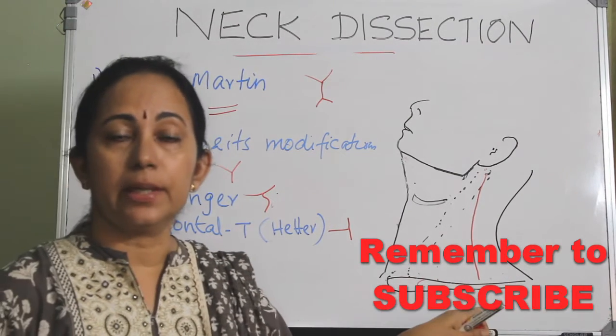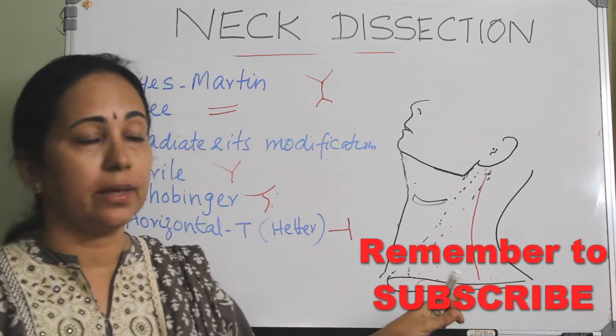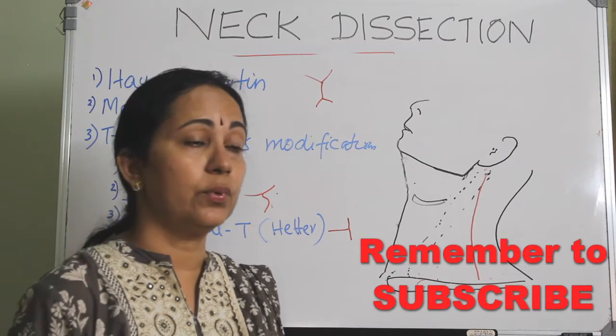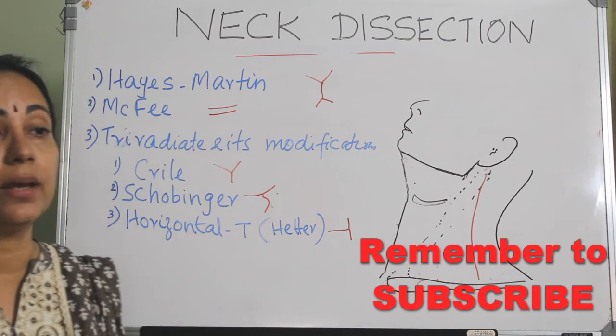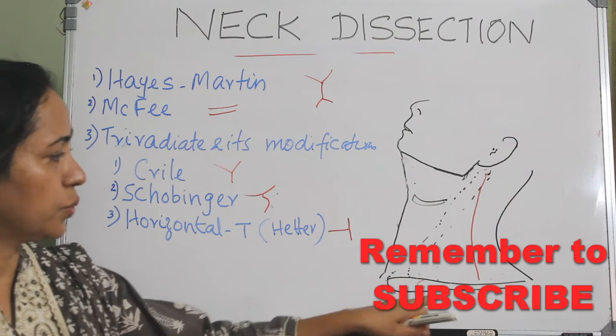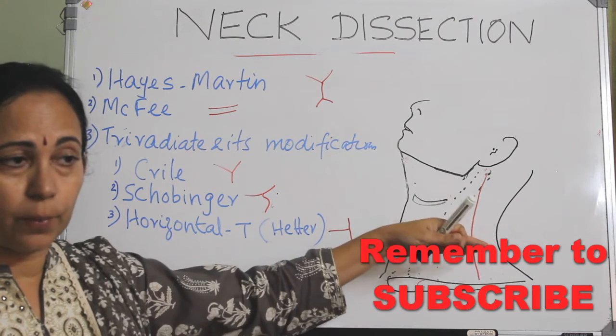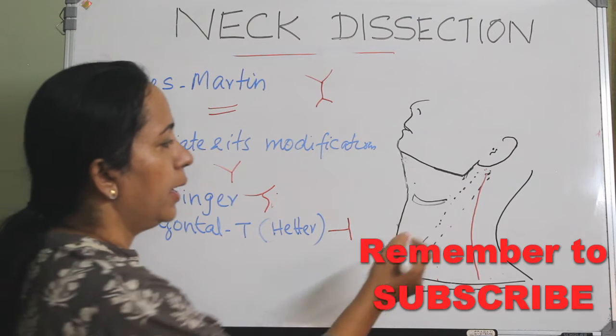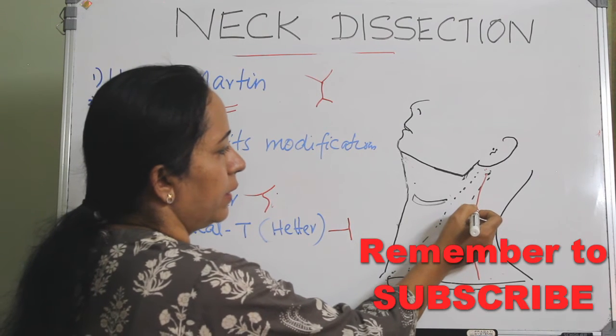In the vertical incision, care should be taken. The limb should not cross the clavicle, because that may compromise a future chest flap. So it should stop above the clavicle, ideally 2 cm above the clavicle, and the horizontal